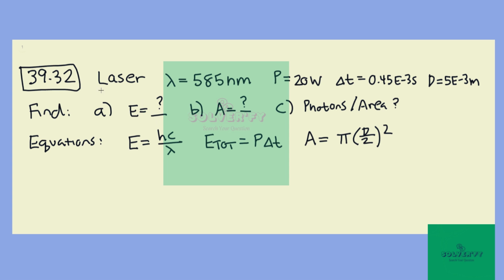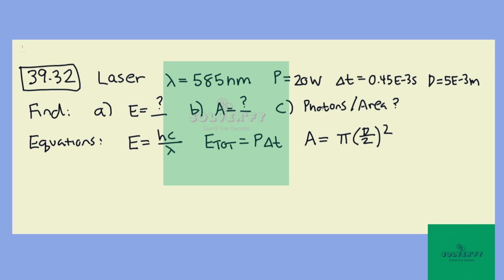Okay, in this problem we have a laser with a known wavelength of 585 nanometers, a power of 20 watts, a pulse duration of 0.45 milliseconds, and a beam diameter of 5 times 10 to the negative 3 meters. We were asked to find A, the energy per photon, B, the area of our laser beam, and C, the number of photons per area being